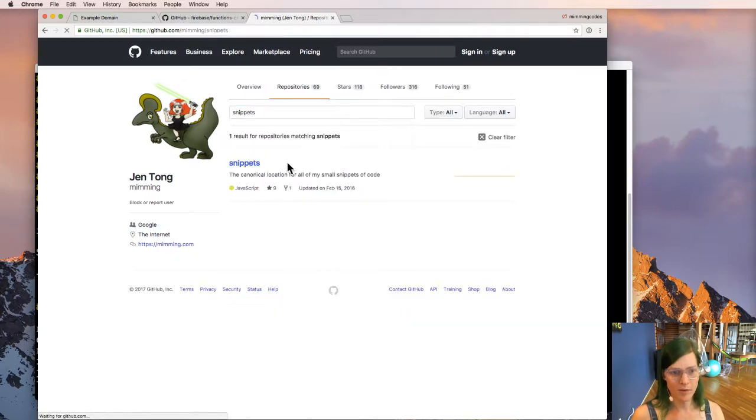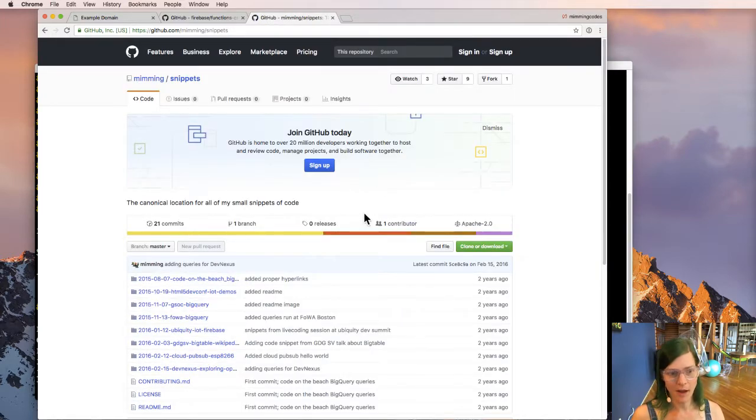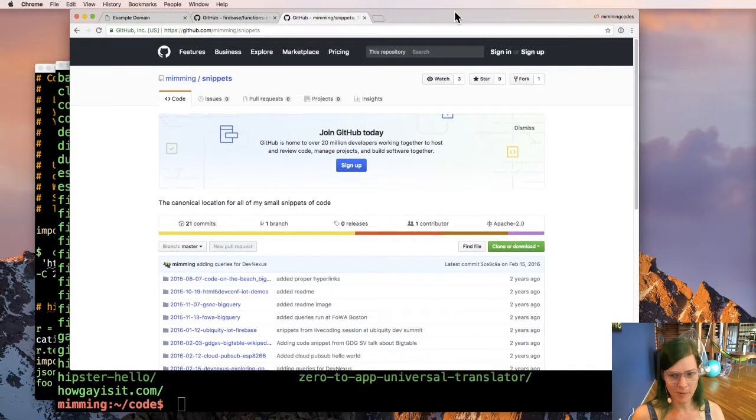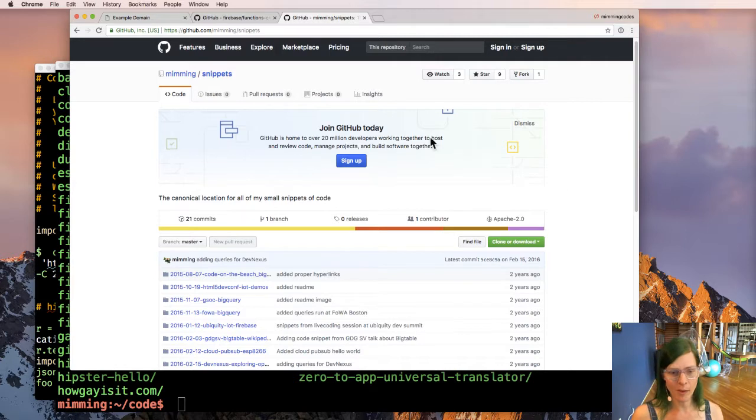So there's a snippets repo. It's just called snippets. This is a repo that I've already made sure all of the licensing and stuff is set up to protect all of you, and I just dump small chunks of code in here. As part of my work on these streams, I'll be pushing stuff here live, and then later I'll be copying stuff over into their own repo once they reach enough weight.